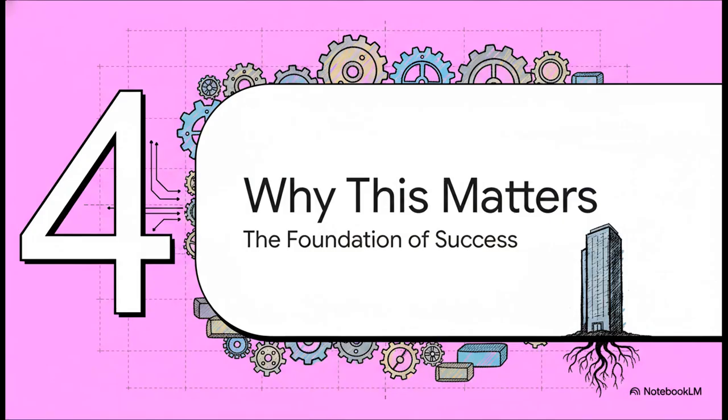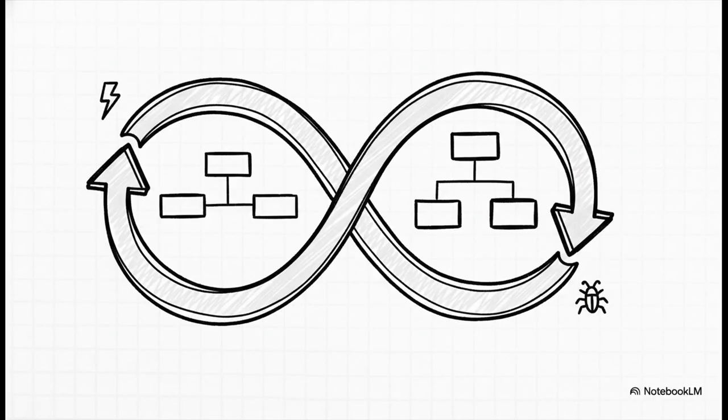So let's tie this all together. Why does any of this even matter? Well, because getting the system design right, that is truly the foundation of a successful application. And you got to remember, this is not a set it and forget it kind of thing. Behind every single app you use, there are teams constantly rethinking and refining the system design. They're always trying to solve new problems, whether it's scale or performance or efficiency. It's a never-ending cycle of improvement.